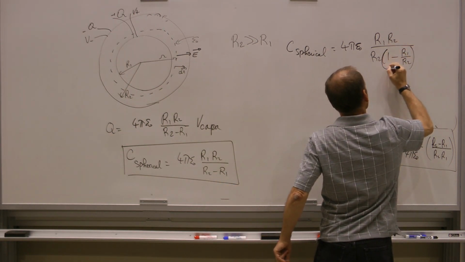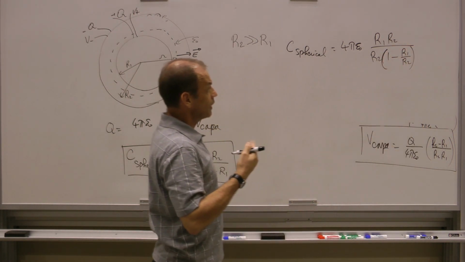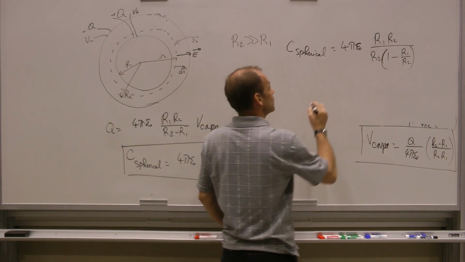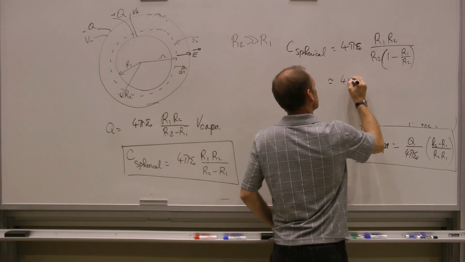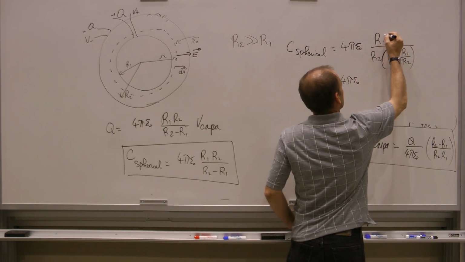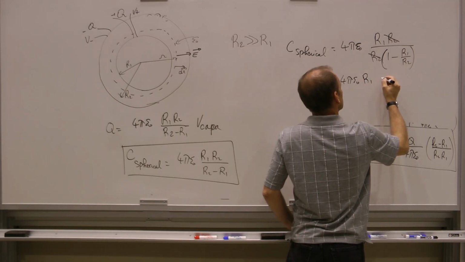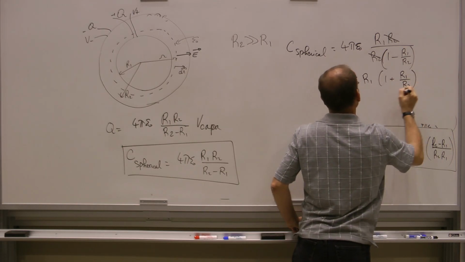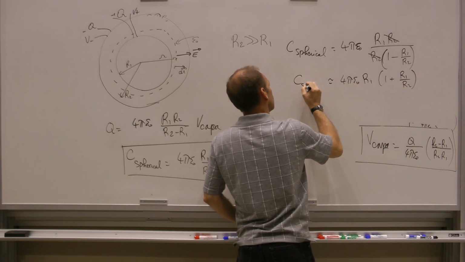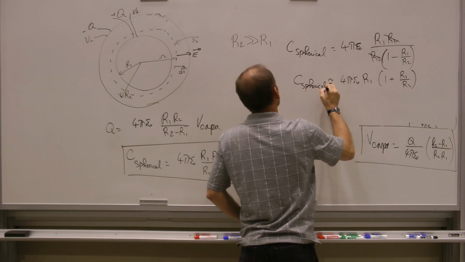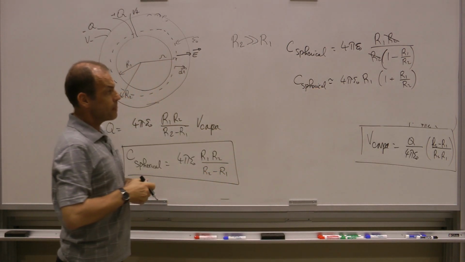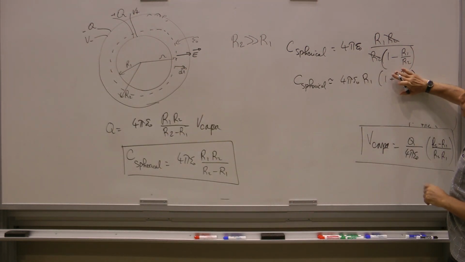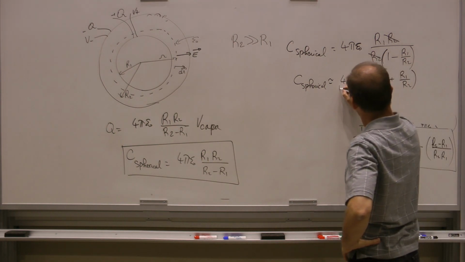So no simplification yet, but I'm approaching the simplification because I'm going to do a binomial expansion on this, knowing that R1 over R2 is much less than 1. So now it becomes more or less equal to 4 pi epsilon 0 R1, the R2 cancels out, times 1 plus R1 over R2. Here's the capacitance in the situation where R2 is much greater than R1. So first approximation, if we neglect this term because it's so small, what do we find right here? Well, we find the capacitance